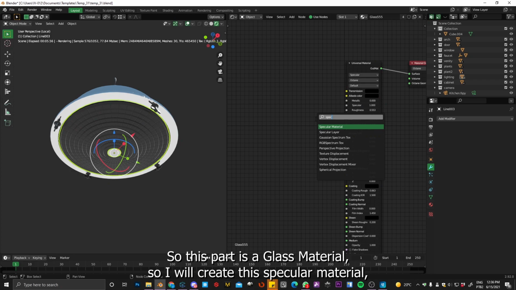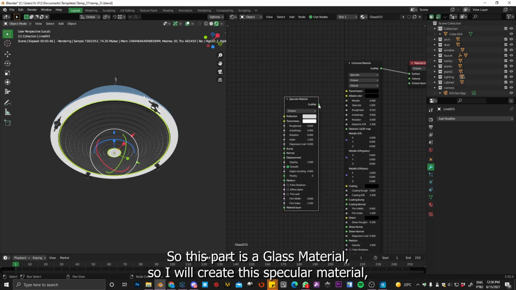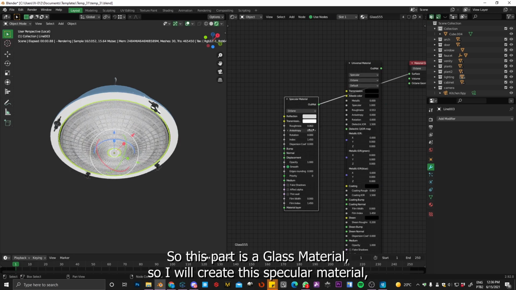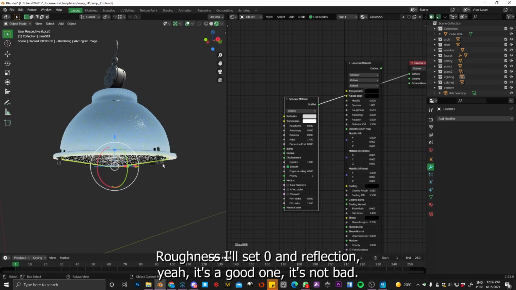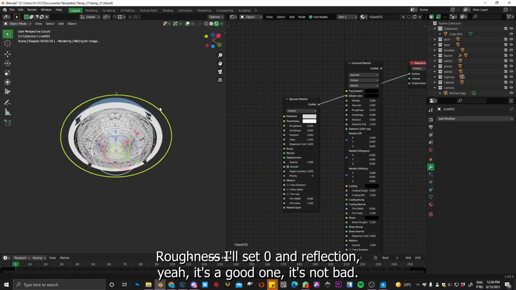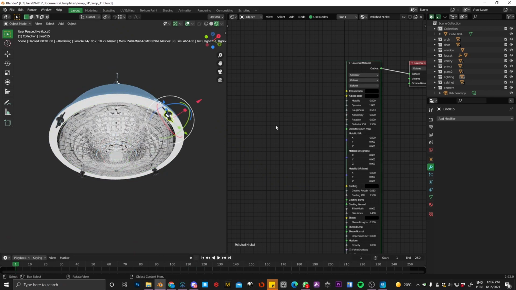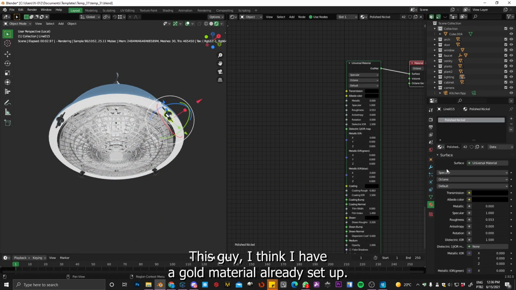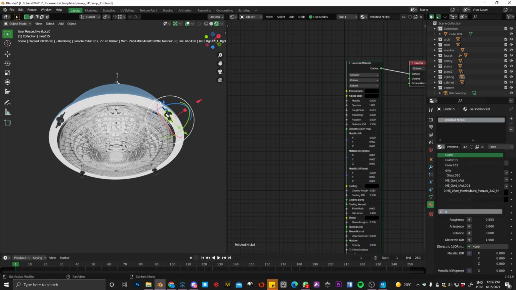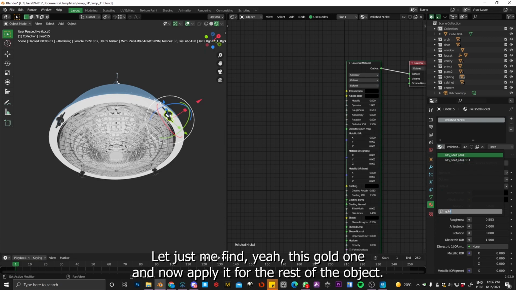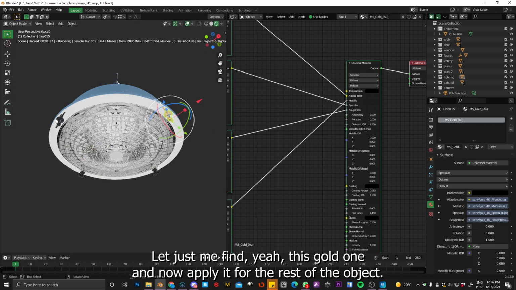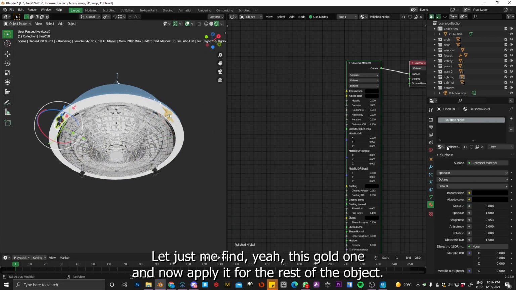So this part is a glass material, so I will create this specular material. Roughness I set 0, and reflection, yeah, it's a good one. It's not bad. Let me keep it. This guy, I think I have a gold material already set up. Let me just find it. Yeah, this one, the gold one, and I'll apply it for the rest of the object. So